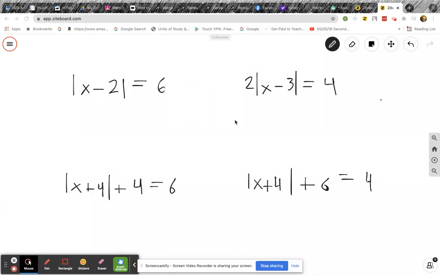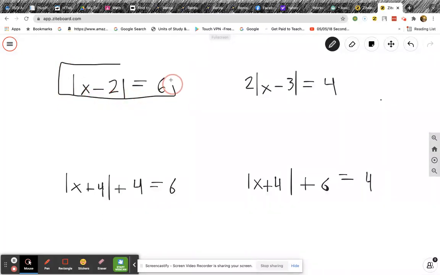Okay, someone asked about the absolute value problems. This is just a standard absolute value problem where you have your absolute value on your left side and it's equal to a positive number, and we'll talk about why that's important later. But this is where you would take the original equation, which is the absolute value of x minus 2 equals